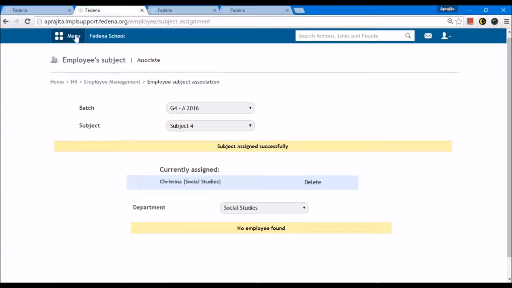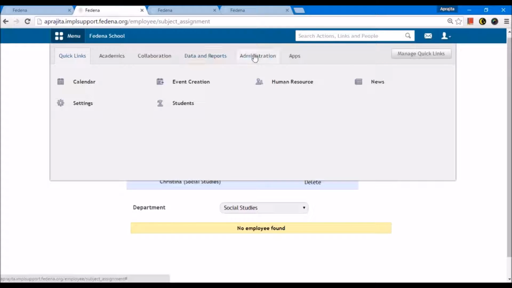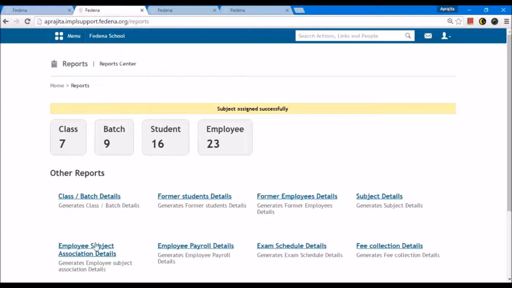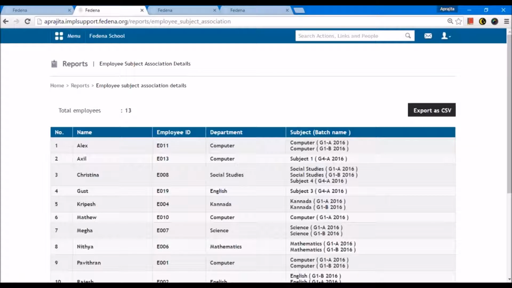Now I have assigned the teachers. Let me also see the details. I can check the reports. You will see there is an option of employee subject association details. You can see it shows here the teachers and which subject they are taking in what batch. For example, E013 is a teacher who is taking subject 1 in grade 4A 2016.